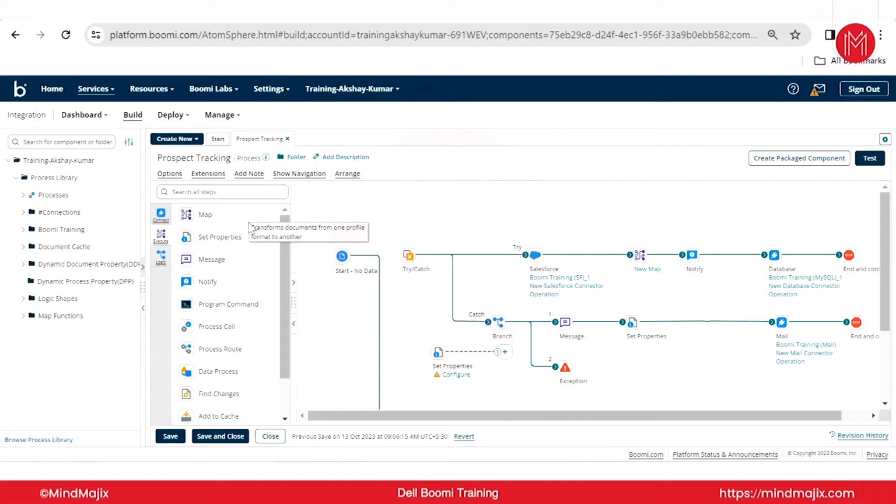Boomi mapping is one of the major topics in Boomi. If you learn how to create the Boomi mappings and profiles, 50 percent of the Boomi class is over, because there is a lot of material available in Boomi mapping. So if you understand all those topics, then 50 percent of your Boomi is easy for you. After that, the rest of the shapes and other information which I'm going to provide